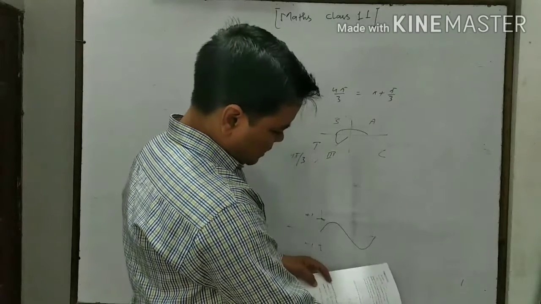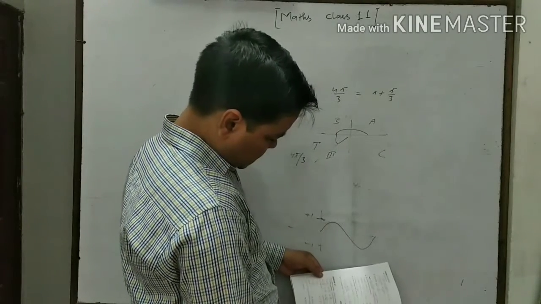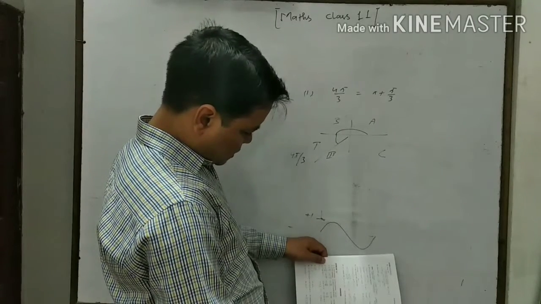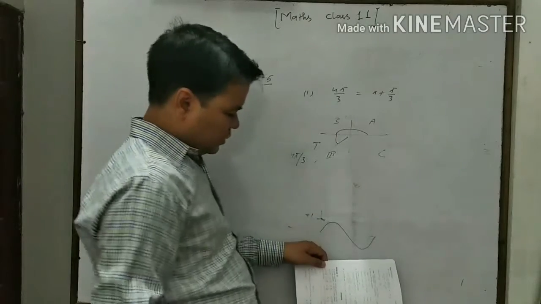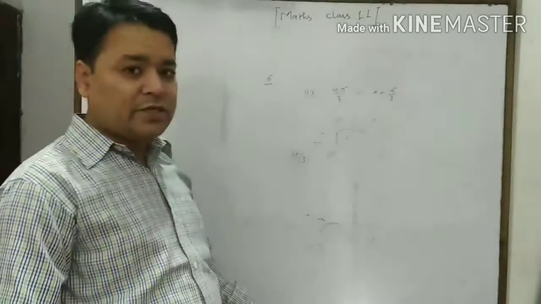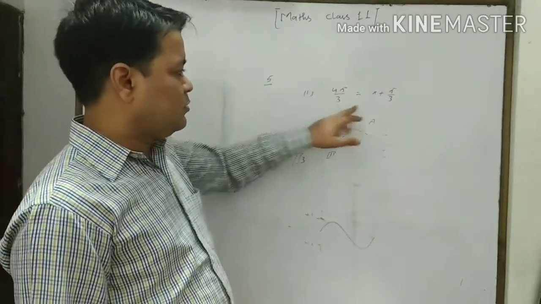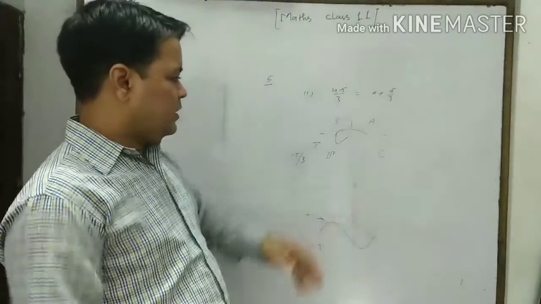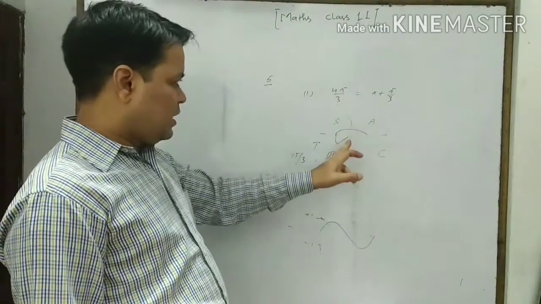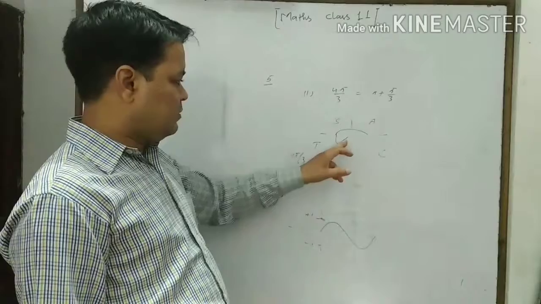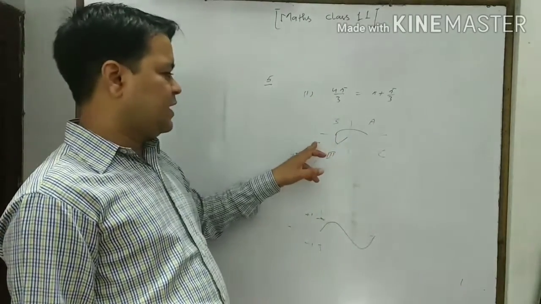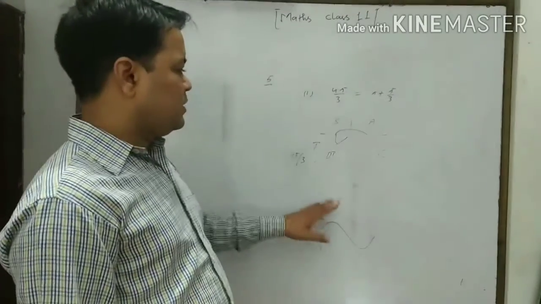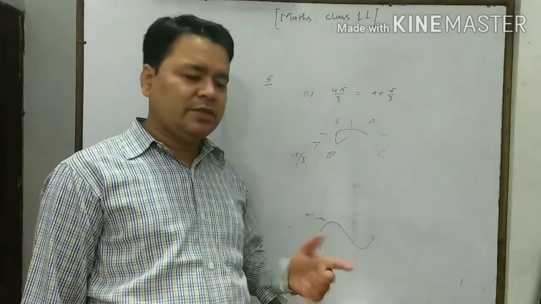Trigonometry is a very long chapter. 3.3, question number 5 first. Tan and cot are positive and others are negative. And what is the concept? First of all, 4 pi by 3, you just break it in this form: pi plus pi by 3. From here to here this will be pi, and pi by 3 more means third quadrant. In the third quadrant only tan and cot are positive and others are negative. Then simply we can write for 4 pi by 3, tan and cot are positive and others will be negative.